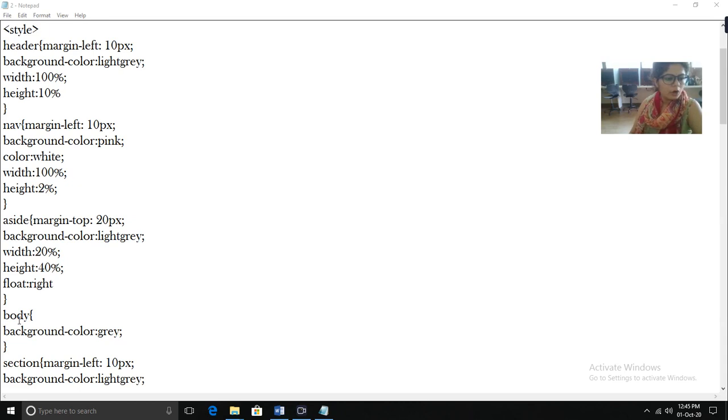So this is the body tag, the CSS that we want to apply on the body. Background color is gray, not light gray. And then curly bracket close. Now students, it is up to you. If you want to use different colors, you can make use of those colors. I have created the same output according to the book, but you can change all the text.